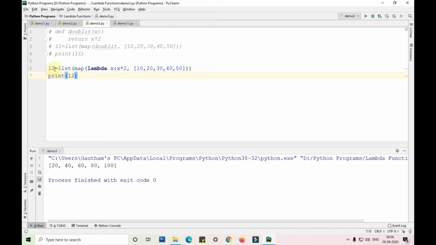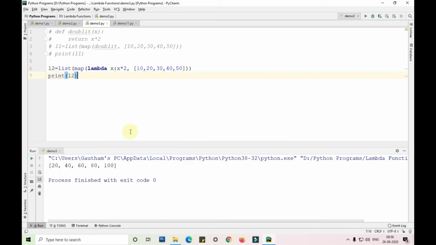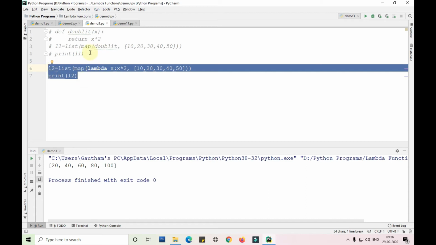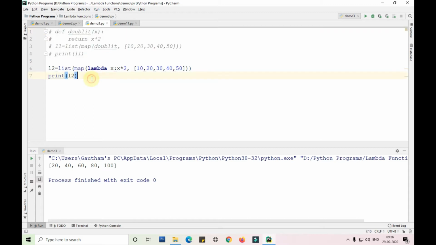So here L2 is equal to list of the map function call. The map function needs a function and any number of iterables. Now I'll run this. So you can see we can do the same thing in 2 lines here, whereas with a normal function it takes 4 lines. So we are saving lines of code here.